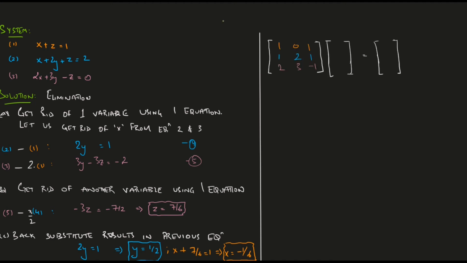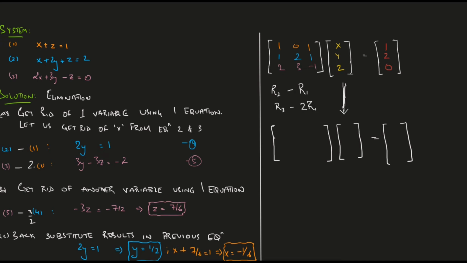Now let's look at the same set of operations in matrix form. Row 2 minus row 1 is the same as saying take equation 2 and subtract equation 1 from it. Same goes for R3 minus 2R1. This system of equations in matrix form is the same system as you get after step 1 on the left side. The row operations have been defined in a way that they mean the exact same thing as subtracting equations. Notice how the first column has now all zeros below the first element. This means that the variable x has been eliminated from all the equations except equation 1.